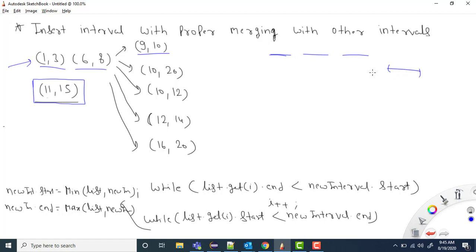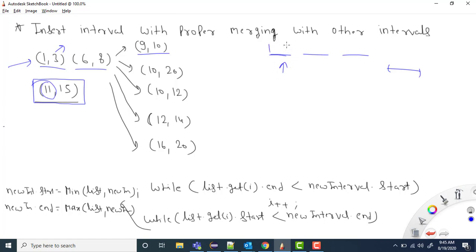How can we check this, because we can't go directly to the end? We start from the beginning and check whether the end value of this interval is less than the start value of the new interval.